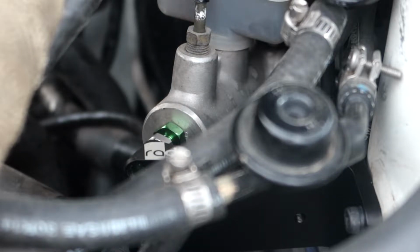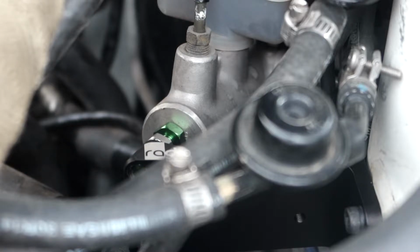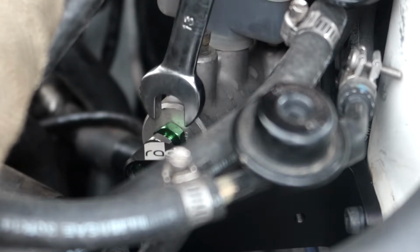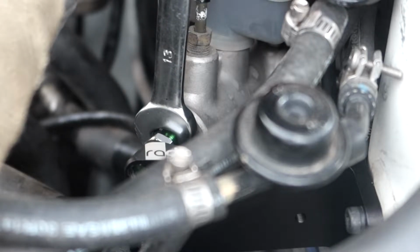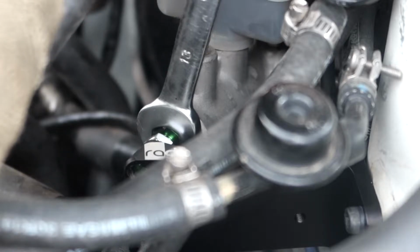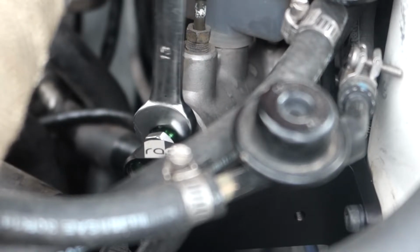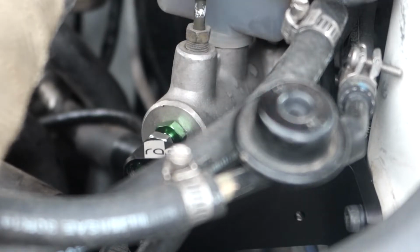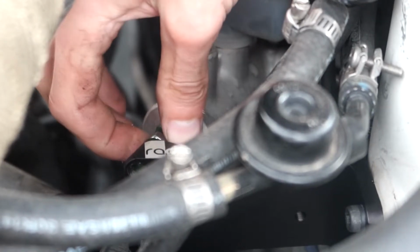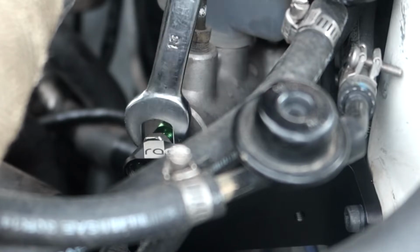So once you get all your screws tightened in, I would recommend getting probably just a regular cap screw, because this one down here in the back is actually really hard to get to with any kind of hex socket or anything. But now you just want to take like a 13 millimeter and adjust this adjustment rod against your master cylinder pretty firmly, and then tighten your lock or jam nut and just give it a good snug,